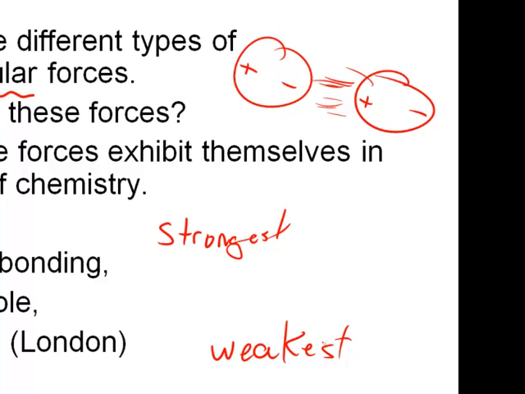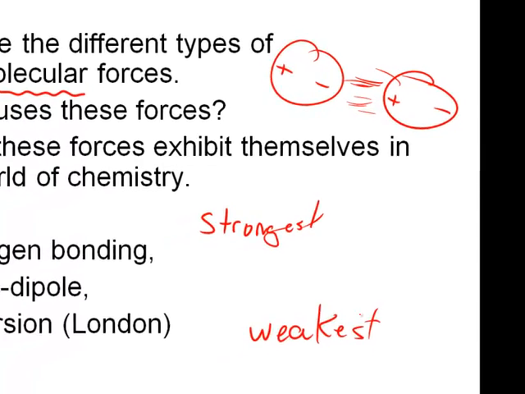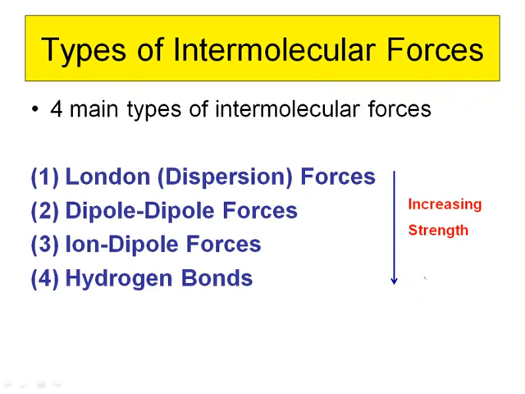Hydrogen bonding is the strongest, and so chemicals that exhibit hydrogen bonding have higher melting and freezing points because you have to put in more energy to overcome this thing called a hydrogen bond. It's not a chemical bond, it's simply an attraction between neighboring molecules. So let's look at these forces plus maybe one more. Here on this slide, they're listed with the weakest force at the top and